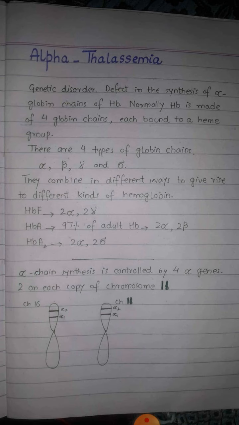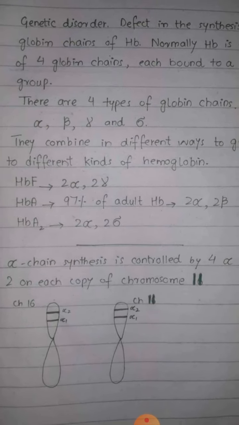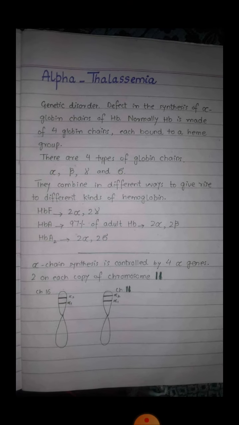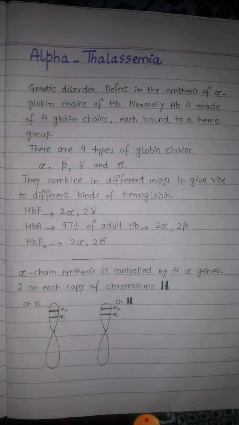Alpha chain synthesis is controlled by 4 alpha genes, and these alpha genes are present on chromosome number 11. 2 genes are present on each chromosome. 2 genes are present on the maternal chromosome and 2 genes are present on the paternal chromosome. Here we can see these are the alpha genes, alpha 1, alpha 2 on the maternal chromosome, and alpha 1, alpha 2 on the paternal chromosome. So basically we have 4 alpha genes, and mutations or deletions on these genes can lead